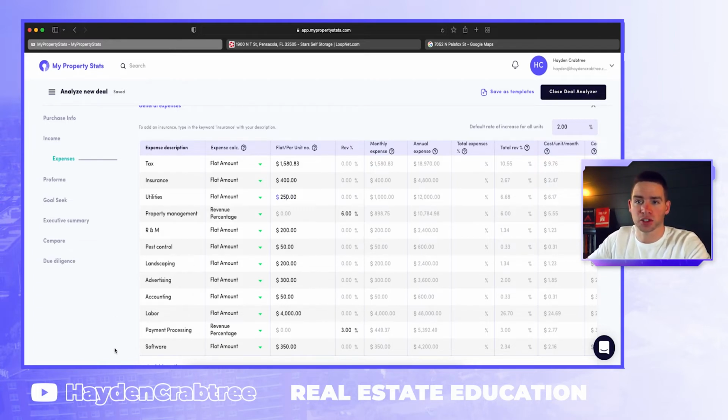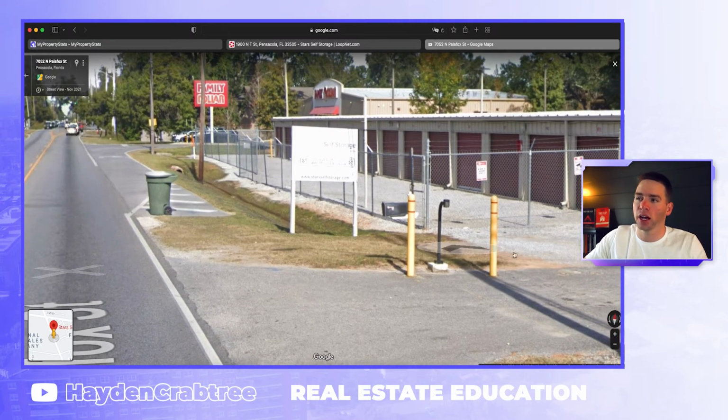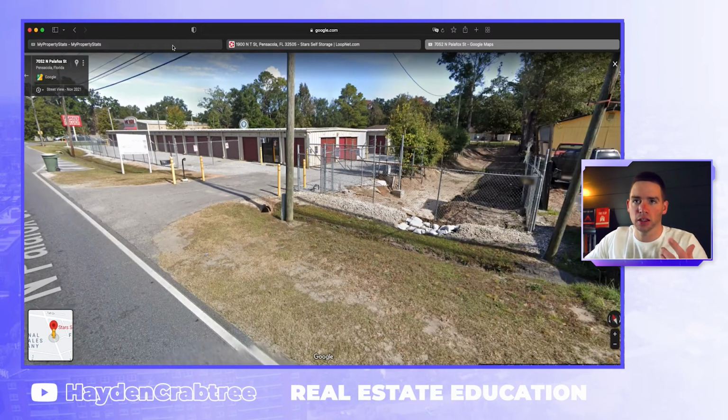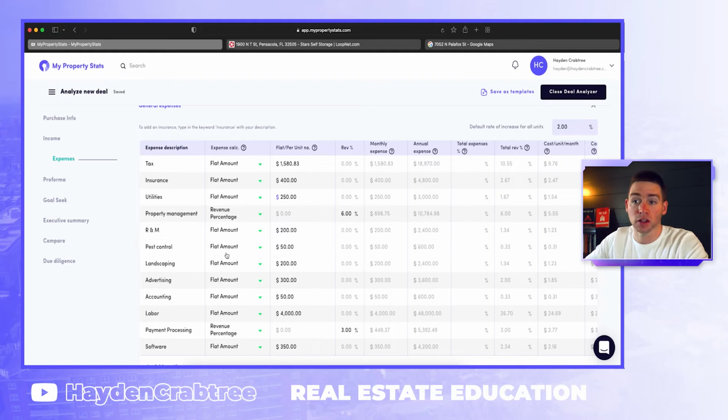Property management, 6%. This is an older facility, so repairs and maintenance, $200. Pest control, $50. Landscaping, $200. You're going to say, well, why? Why? They have gravel. What do they need landscaping for? They've got to cut this grass. They've got weeds that'll grow up through here. You're going to have to pay somebody at least on average $200 a month to landscape and make your property